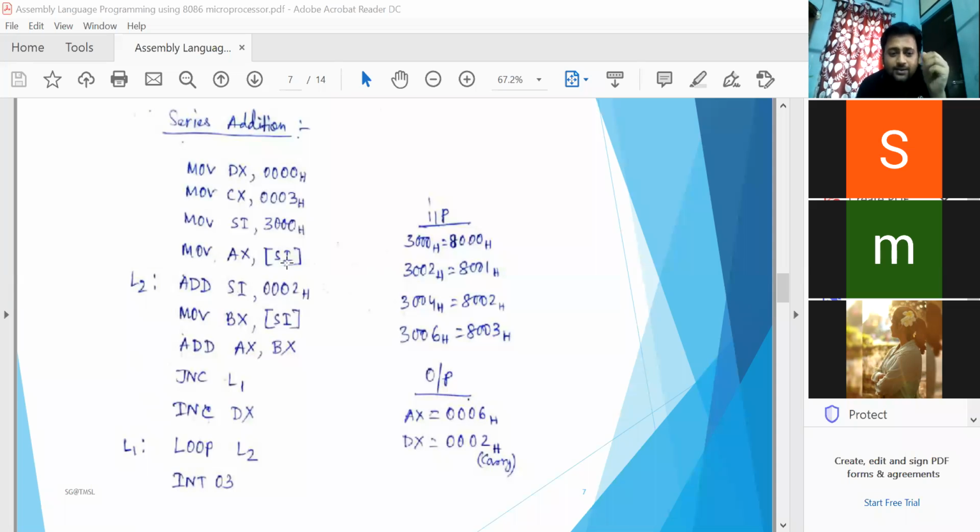My SI is initialized with 3000. If I add 2 to this, I get 3002, which is the next data address. So from the next data address, it is given into the BX register, and then perform the addition between AX and BX. And after addition, the result will be automatically stored inside AX. Now after addition, if there is no carry,